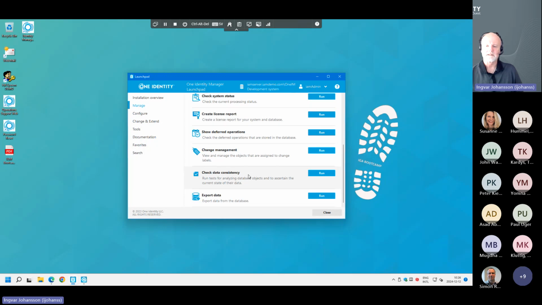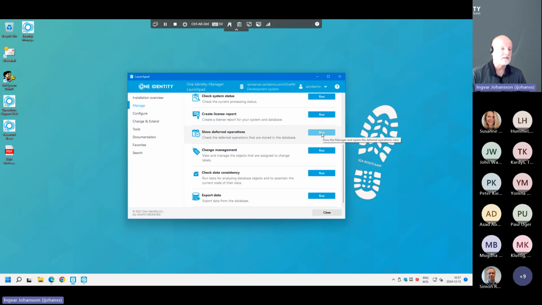You probably realized that some of them, for instance, show deferred operations. Is that a tool? Well, if you hover, it will run the manager and open the deferred operation tool. Deferred operations are literally jobs that will be executed later. As you saw with Simon yesterday, he said, I'm going to permanently disable the identity that I created, Steve Bailey, I believe his name was. Well, what he didn't show you after he permanently disabled that